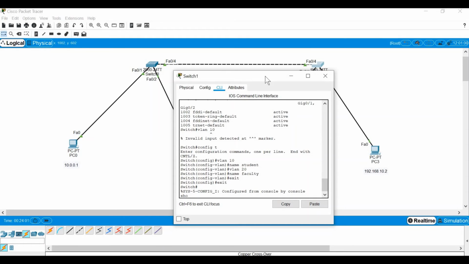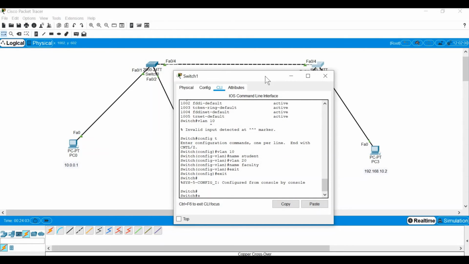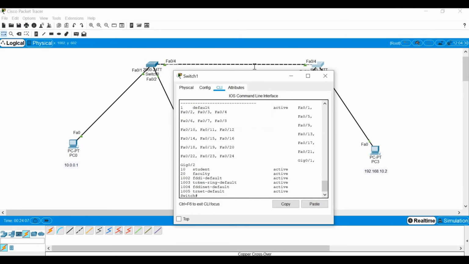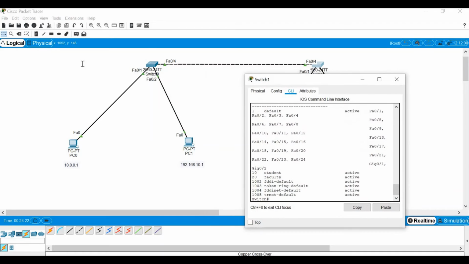Sorry, yeah, so show VLAN brief. Fine, you can see again these two VLANs have been created here. So you can see in both switches we have just created the VLANs with their names, but we have not assigned any port numbers.